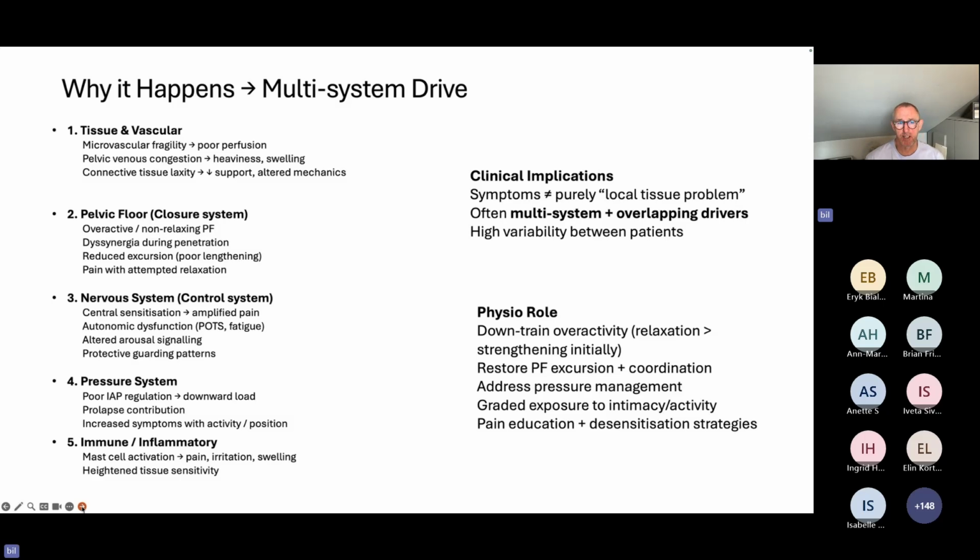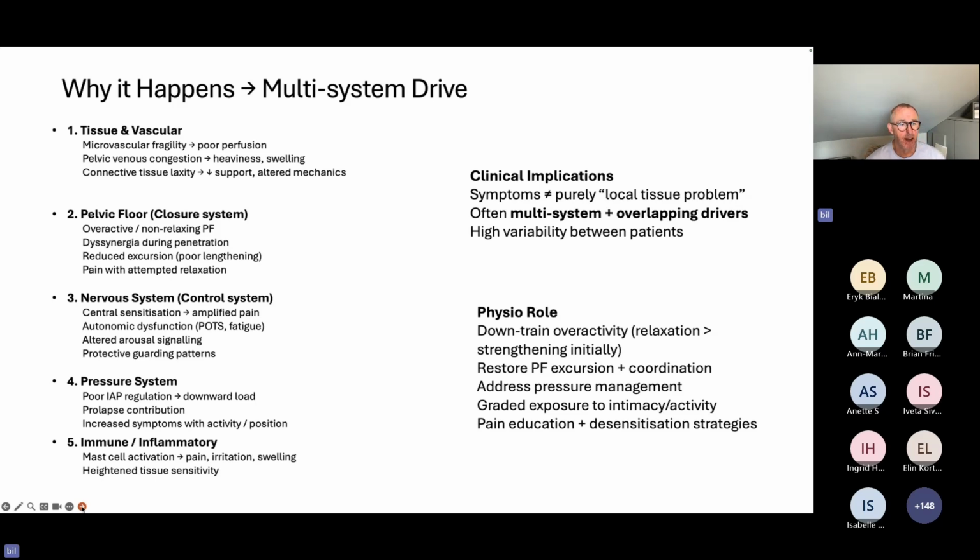We have central sensitization, which amplifies the pain. We've got autonomic dysfunction. We've got altered arousal signaling, and we've got predictive guarding patterns in the nervous system. Then maybe we've got pressure system issues with poor intra-abdominal regulation with downward load, and the prolapse contributes to discomfort